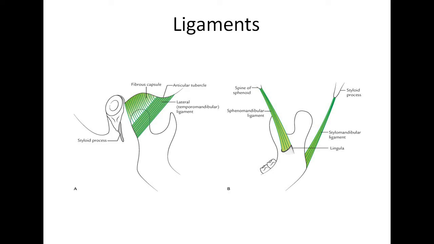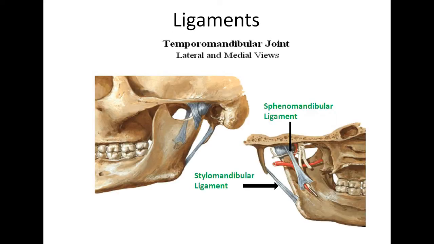The spinomandibular ligament represents the unossified intermediate part of Meckel's cartilage, which is the cartilage of the first pharyngeal arch. So it becomes accentuated and taut when the mandible is protruded. The relations of the spinomandibular ligament.